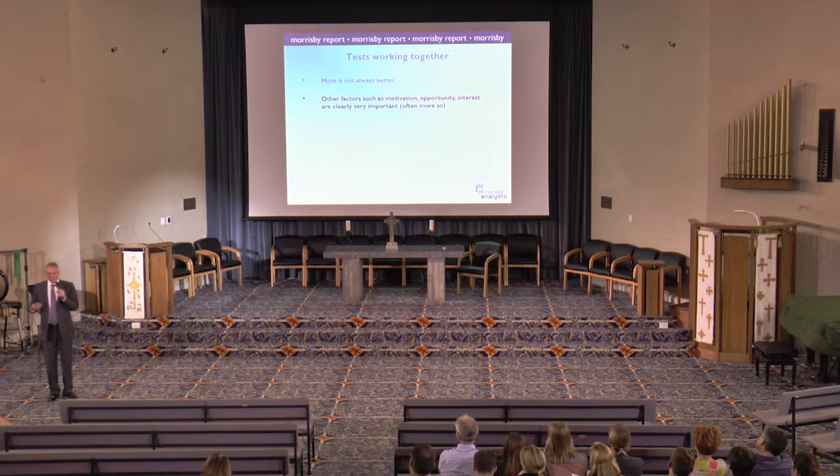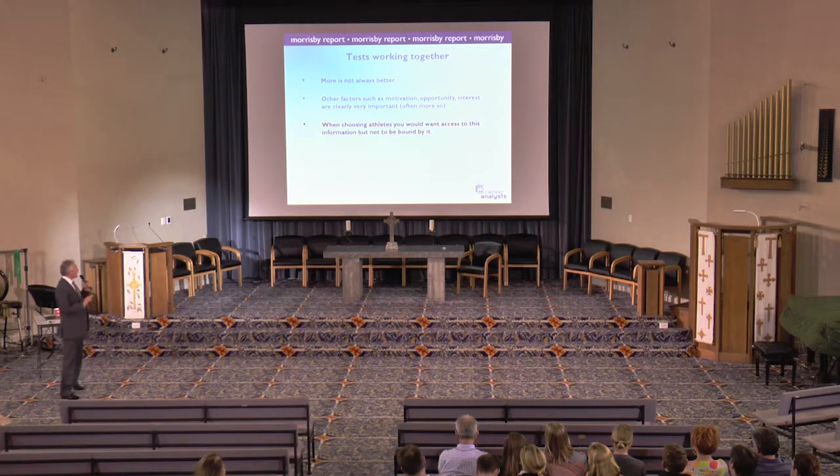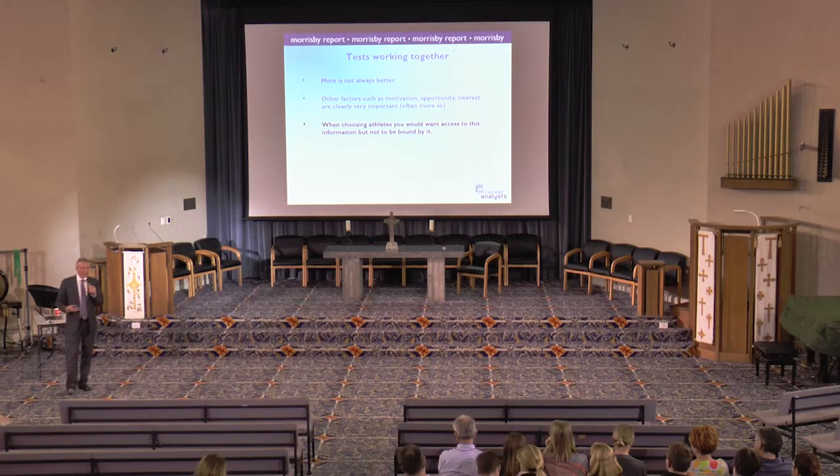And we're not, with this system, ignoring factors like motivation, opportunity and interest. We're simply choosing to focus on the aptitude component at this point. And finishing off on the analogy, I know if I were in a position of choosing athletes, I'd want access to this kind of objective data, but I wouldn't want to be limited by it or bound to follow the results. And that's exactly how a school will use it. It's one source of information to be considered alongside other sources to support robust decision making.